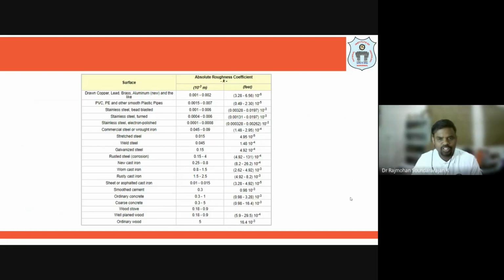So these are some of the roughness parameters present in the system. For different types of pipe, we are going to have different roughness parameters. Obviously, if it is stainless steel, we are going to have less roughness. If it is mild steel, it is going to be slightly more. For different materials, it is listed here; you can go through it. As I told, the unit is going to be in meters or feet. As I said, it will have the dimensions of length.